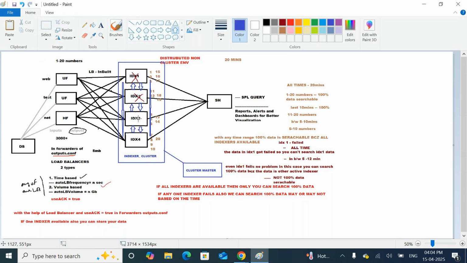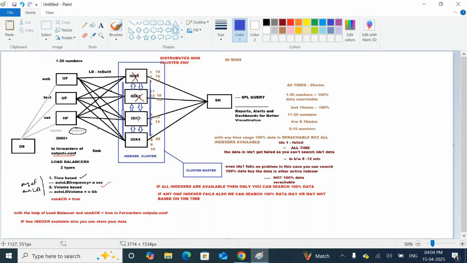So actually, this is a distributed environment. Still, some companies are using a distributed environment. In the distributed environment, no replicas are there, no identical copies of the data. If any indexer fails, it won't search 100% of the data.